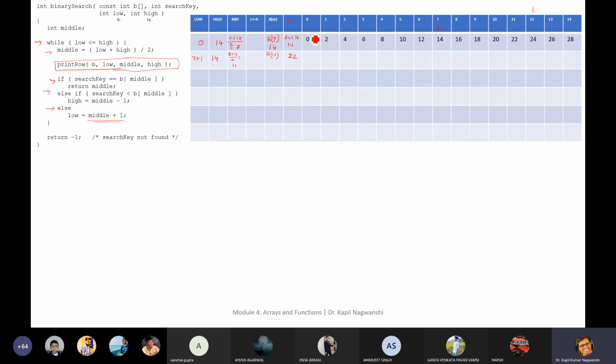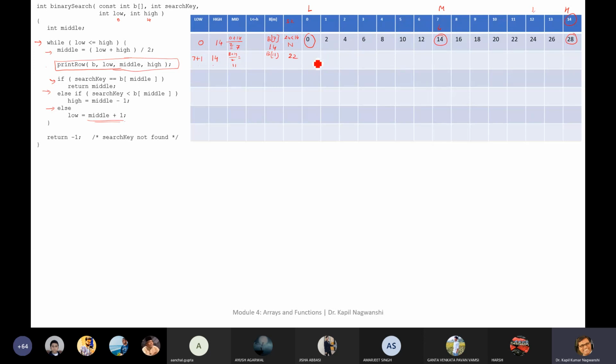Okay. In this particular step, this is our low, this is middle, and this is high. So low, middle, high is like this.